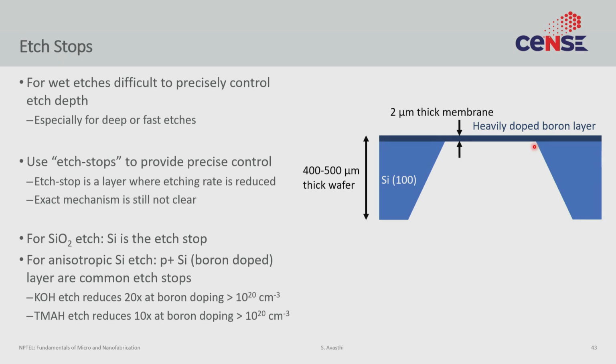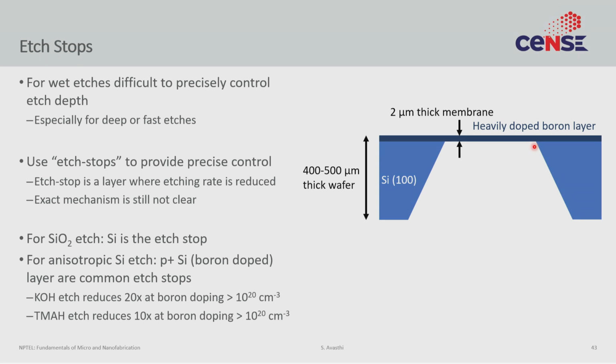Now, in very simplistic terms, this should not make sense, because after all, this is a chemical etch, and the chemistry of the material doesn't change by doping, or at least not too much. So why is it that the silicon 100 that is not doped with boron gets etched very quickly, very nicely, but as soon as you add a little bit of boron, and remember this is still ppm or maybe 1% or 2% of boron, it makes such a huge difference that the etching stops completely.